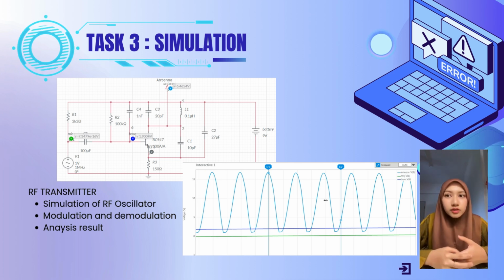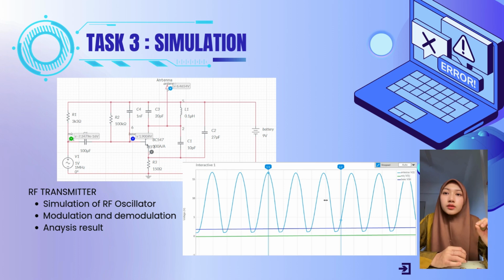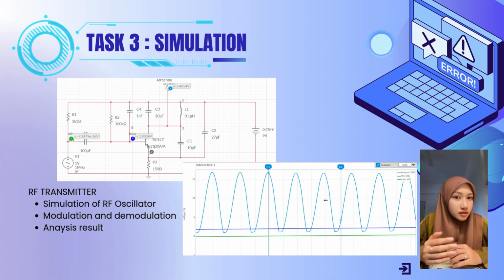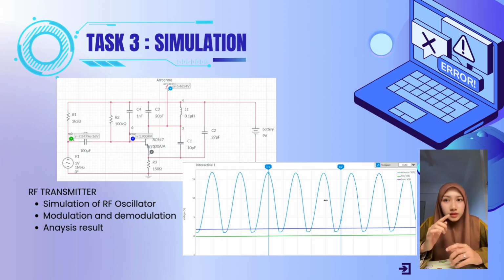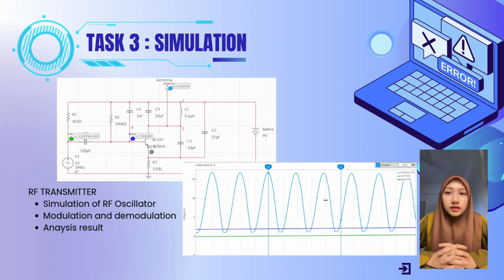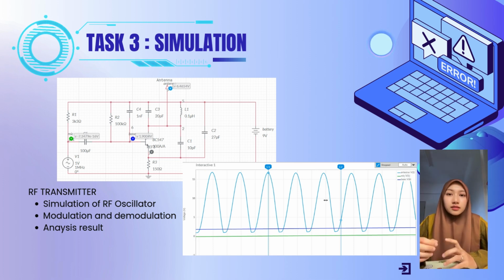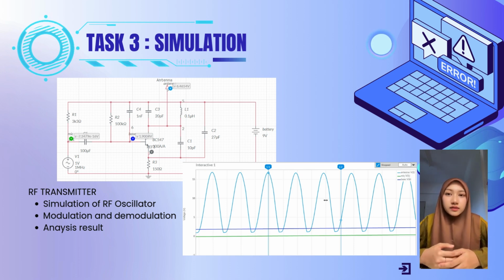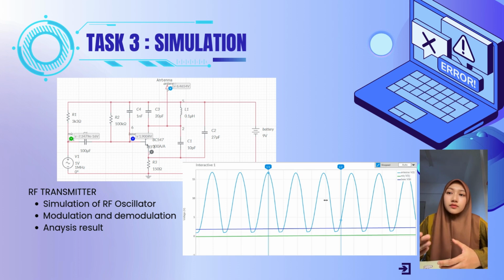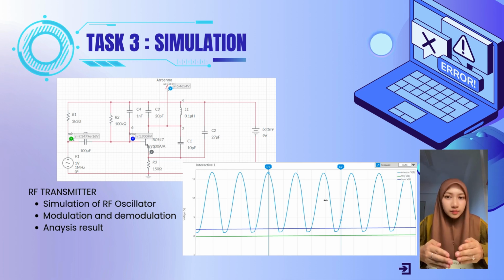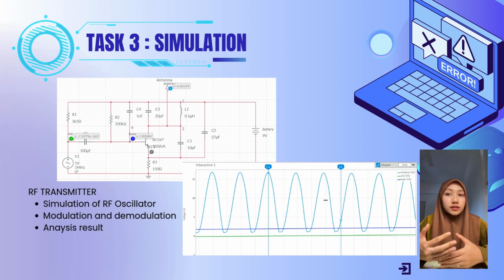The microphone captures sound waves and converts them into small electrical signals, which are then amplified by the transistor, which is BC547. The heart of the circuit is the LC oscillator, consisting of an inductor L1 and capacitors C1 and C2. This oscillator generates a high-frequency RF signal with the frequency determined by the values of the inductor and capacitors. The audio signal from the microphone is used to modulate this RF signal, combining the audio information with the carrier